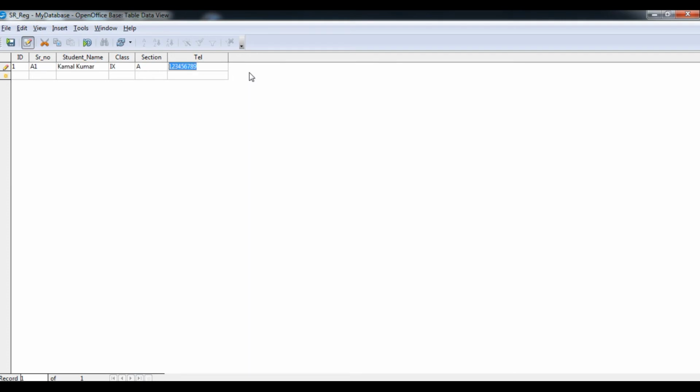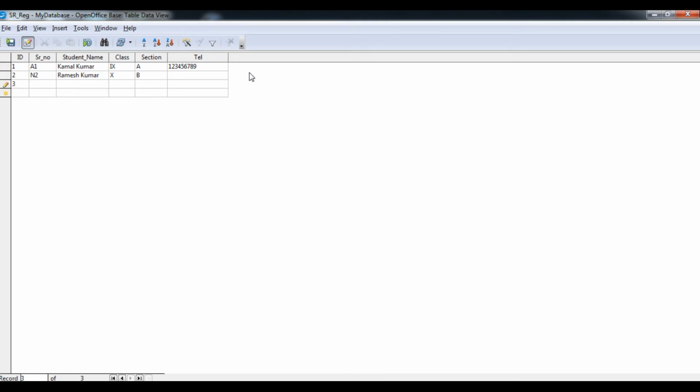And then after that if I press the tab button, now you can see I can easily come to the next row. Now row number 2, here suppose N2 or N1. So here Ramesh Kumar, class 10th. Capital or small, it's up to you, because a Roman number may contain a capital or small letter also. Here section B, I am going to leave the telephone number, so now 3.